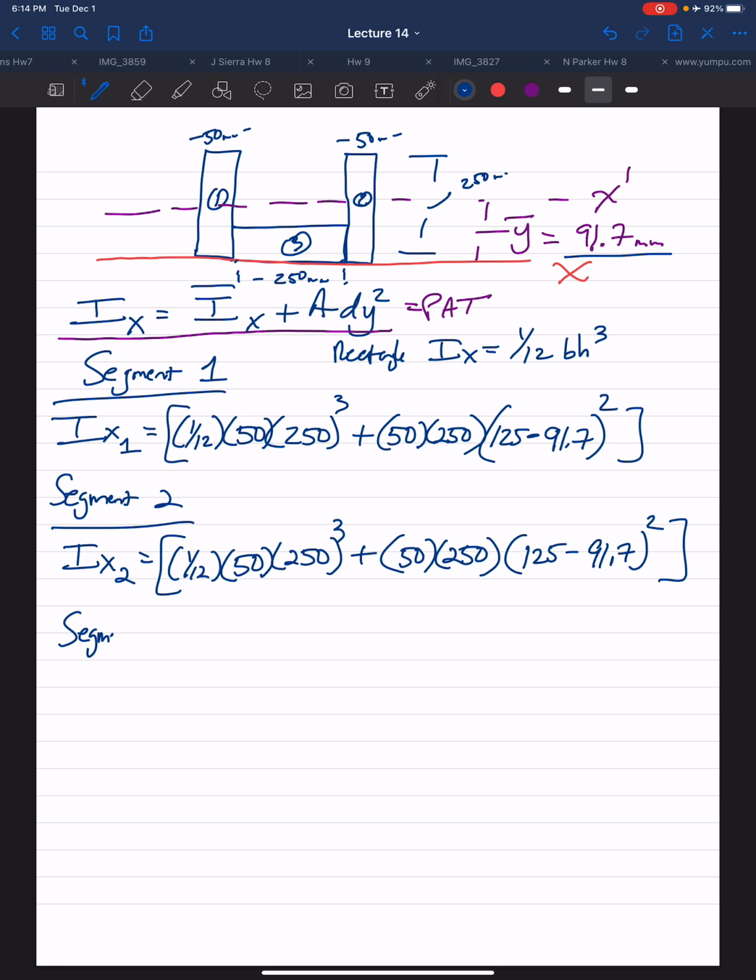Segment 3, we'll say I sub x3. This is the bottom rectangle. So once again, for a rectangle, 1/12 from appendix B, the base. Here the base is 250 millimeters, and the height being 50 millimeters cubed, 1/12 base height cubed, plus the area, which is 250 times 50,